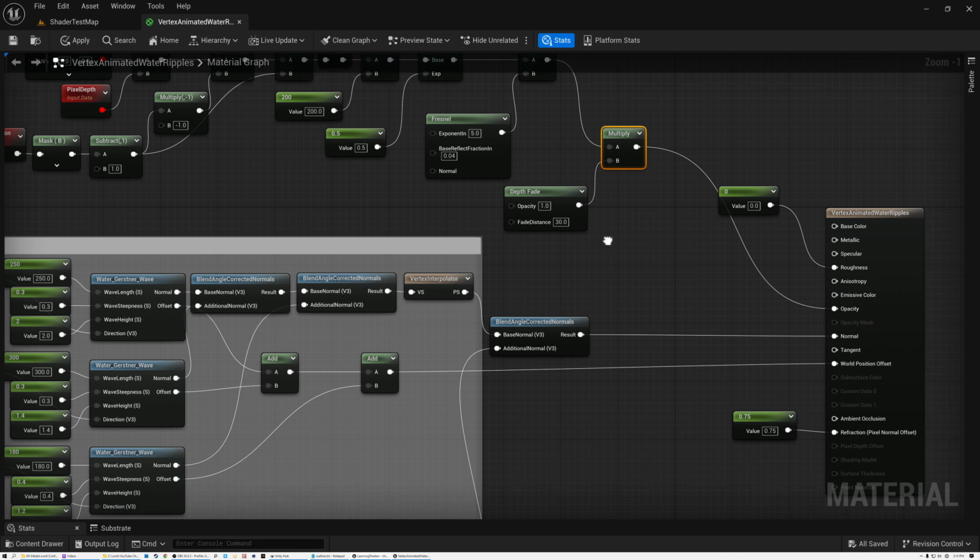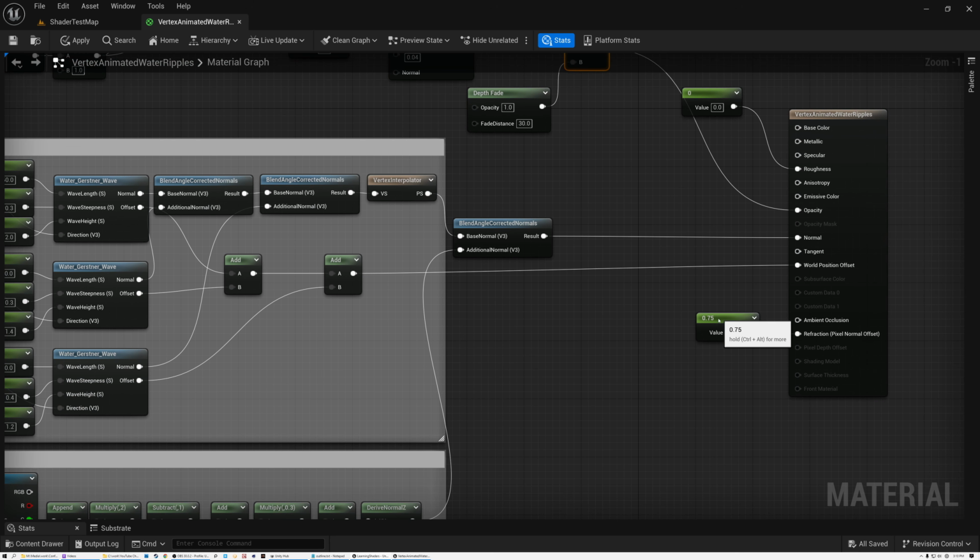And then I can also use this fade depth down here with my refraction. So last time we talked about this refraction value. One thing that I failed to mention, and somebody pointed out in the comments, the index of refraction of water is actually 1.333, right? But I'm using a value of 0.75